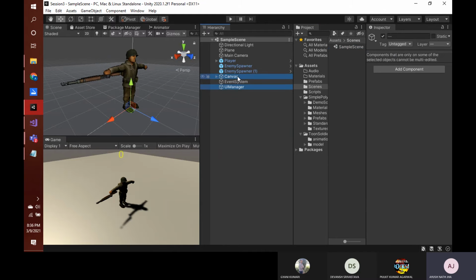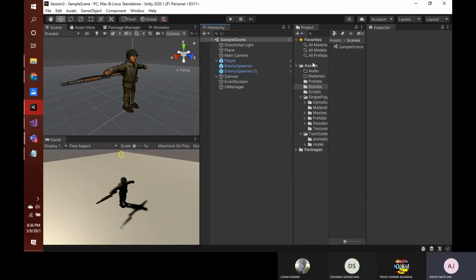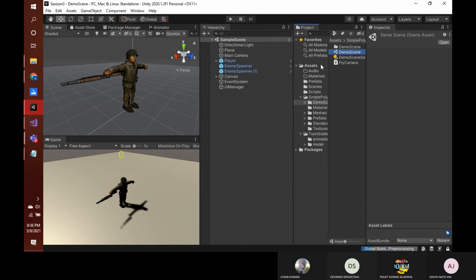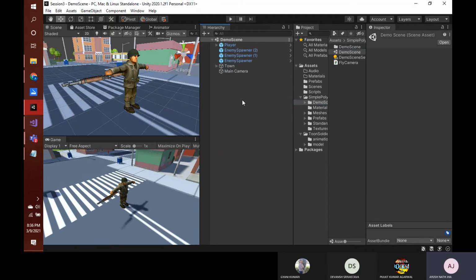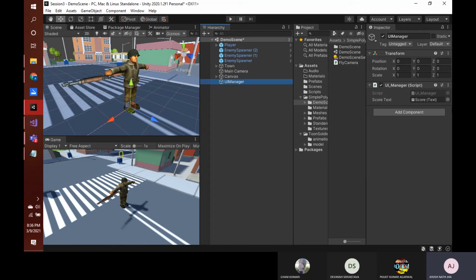You can just select both of these, right click and select copy, and then move back to our current scene, this demo scene. And here you can simply right click and click on paste. So we again have our canvas present here, and we have our UI manager, and the score text from the same canvas is again present here.